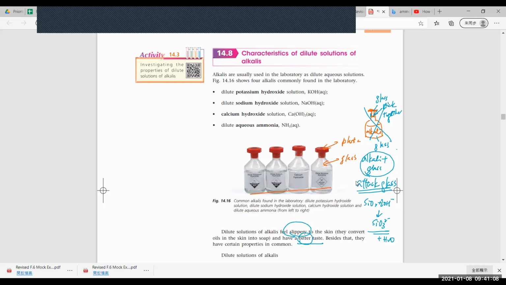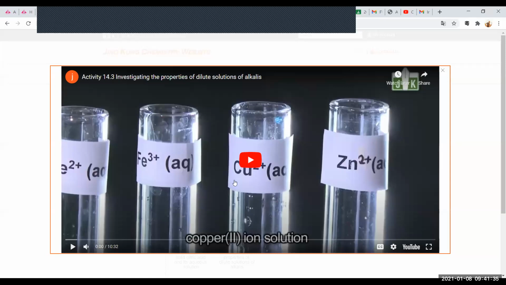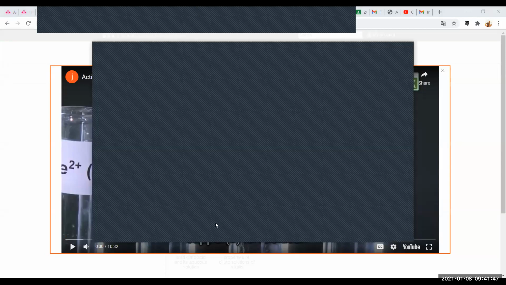Once you feel somewhat slippery, you better wash your hands thoroughly with running water. 記住咯喎，得唔得？如果你喺台面上面見有啲冇色嘅液體，掂一掂佢，滑潺潺嘅，就請你即刻洗乾淨啦，因為有機會係鹼嚟嘅。好，而家我哋俾少少時間，你睇個 video 14.3 activity 14.3，講關於一個鹼嘅